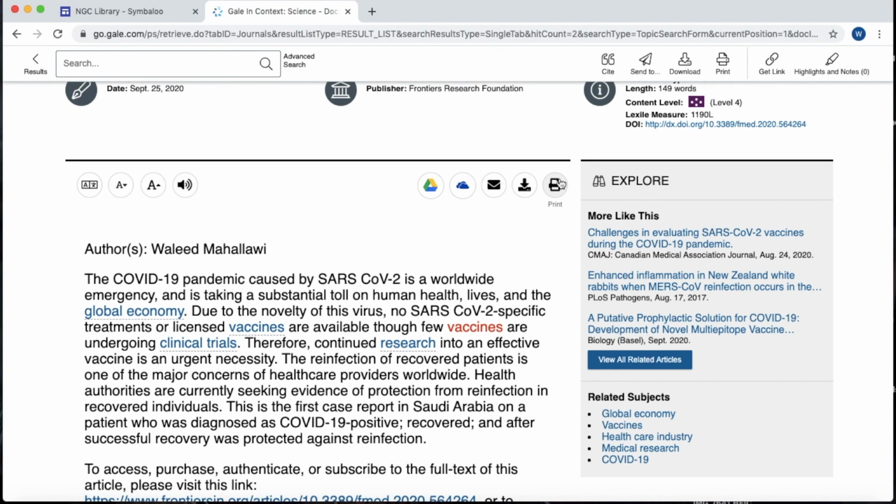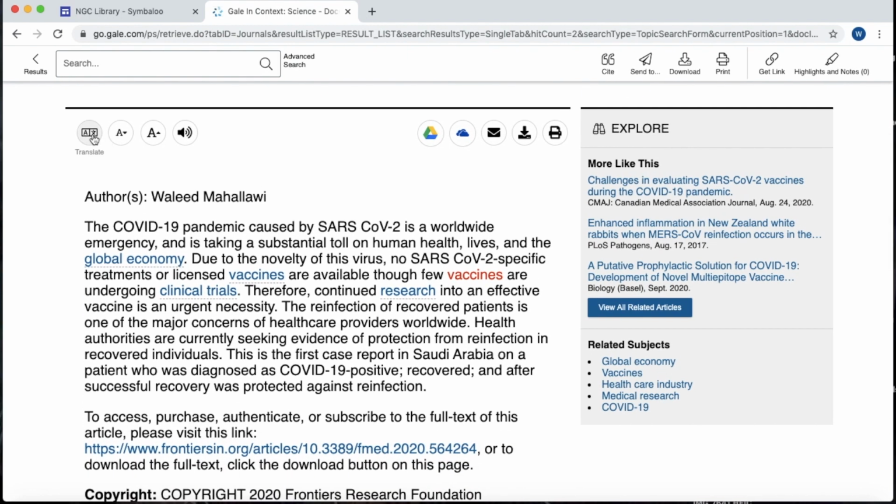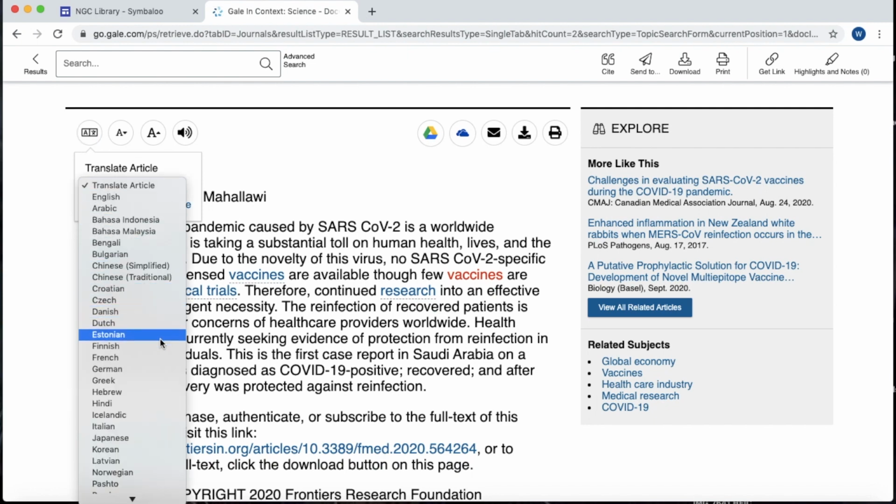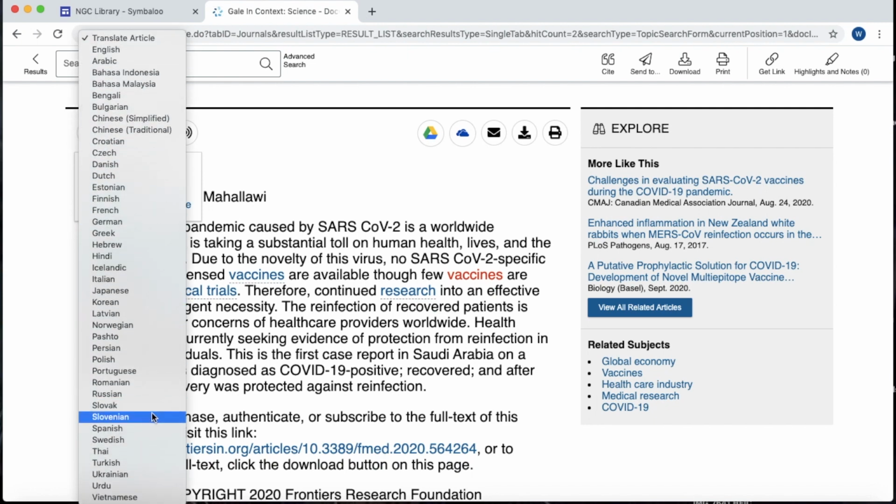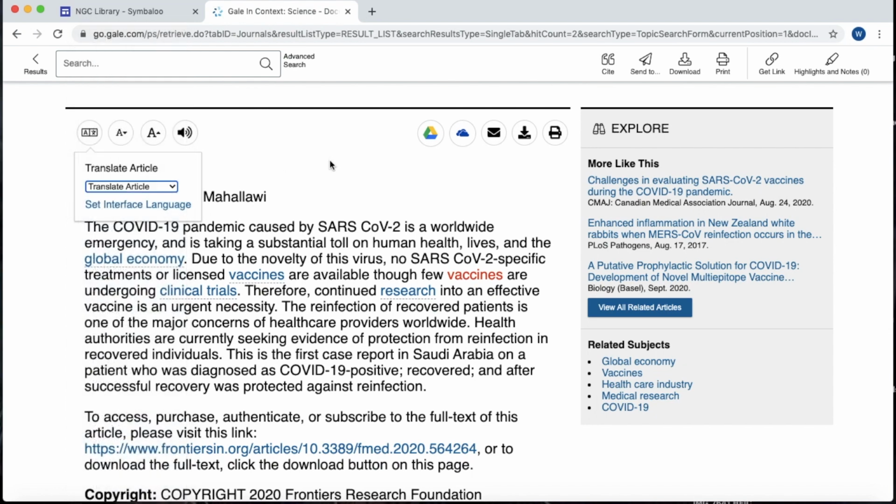So maybe you're more of a hands-on person. You want to be able to highlight and cut it up to organize it for your research. You can definitely still do that option. But there are other options over here as well, like translate. Maybe English isn't your native language. You can actually translate this into whichever language is easier for you, so that way you can read and understand